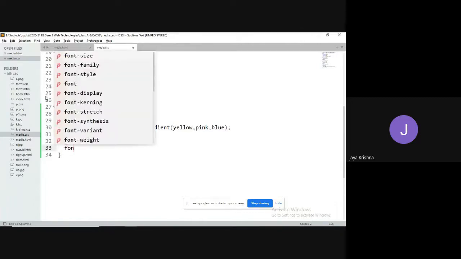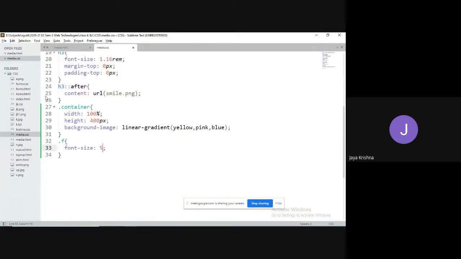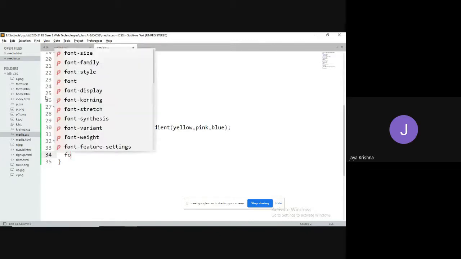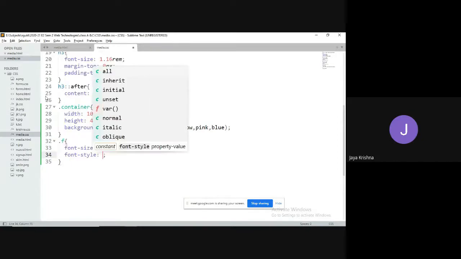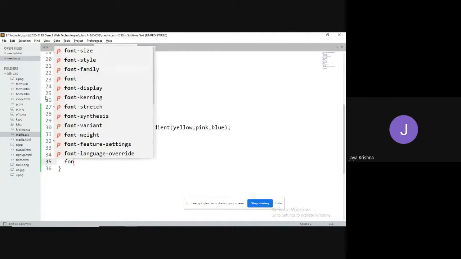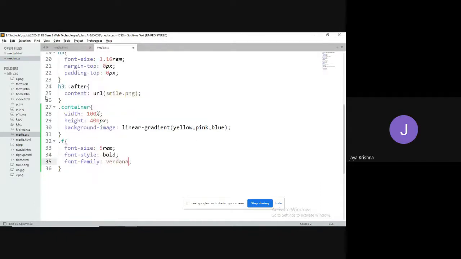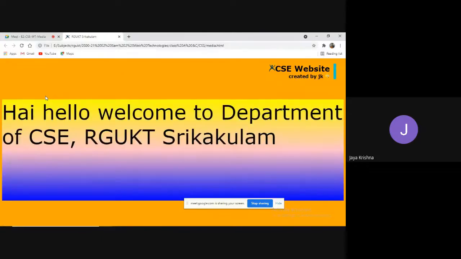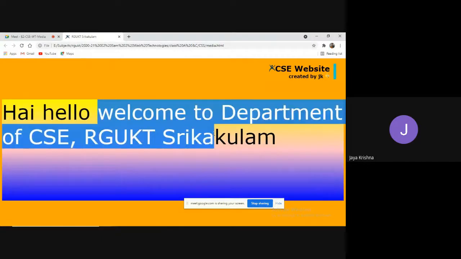I will make the font size 5 rem, meaning 5 times the actual size, and font style bold. Font family, for example, let me take Verdana. Guys, I hope you understood this one. Hi, hello, welcome to RGPT.